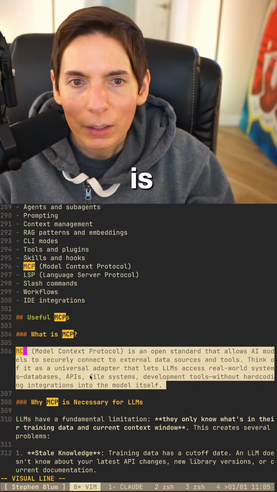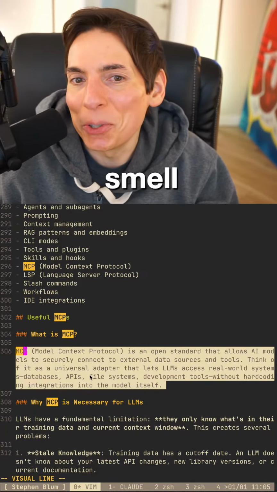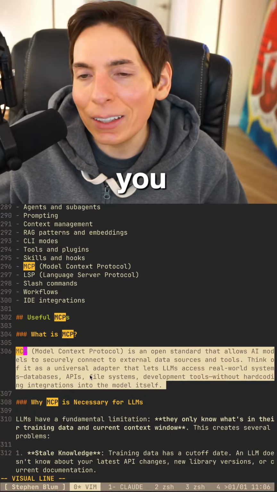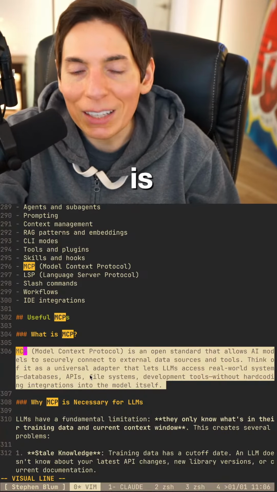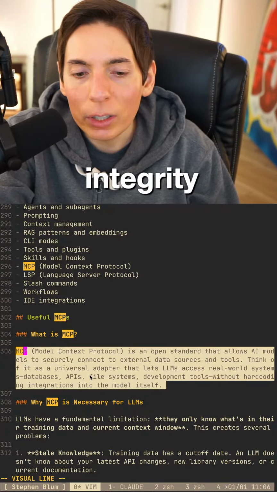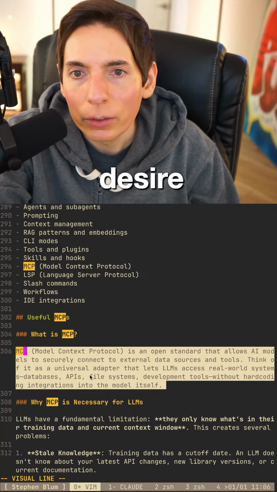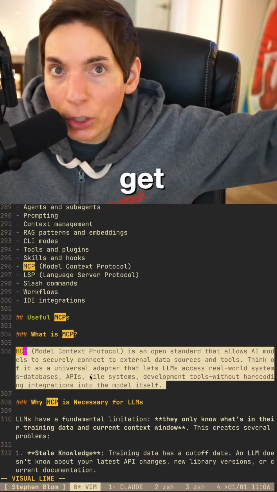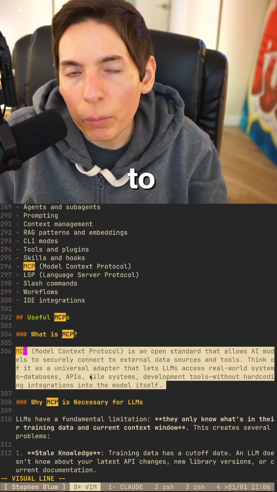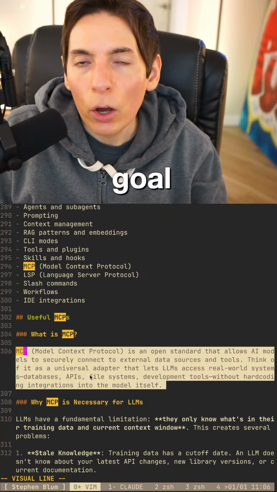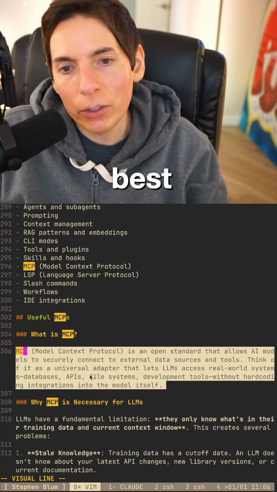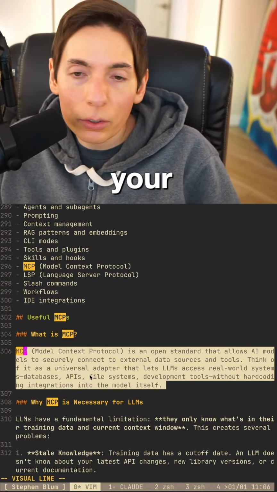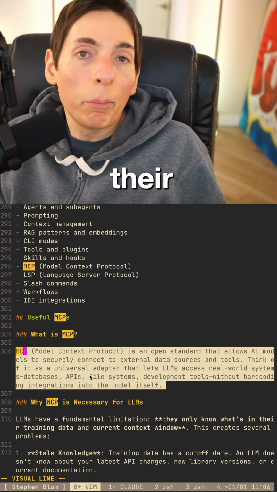Selling has to do with intent. Humans can smell intent. If your intent is to help them, they will know. If your intent is to get rich, they'll know. Yeah, you do have to have integrity. You need a genuine desire to help them get what they're trying to get, to achieve their goal. You're there as a partner to help them achieve their goal, and do it in the best possible way you can. And usually in business, that means using your product. Obviously, you want them to use your product in the best possible way as well.